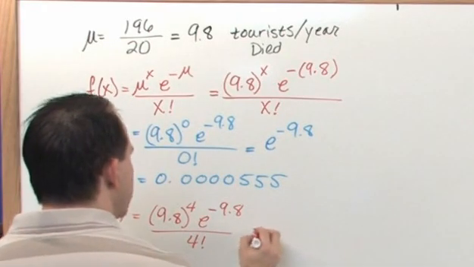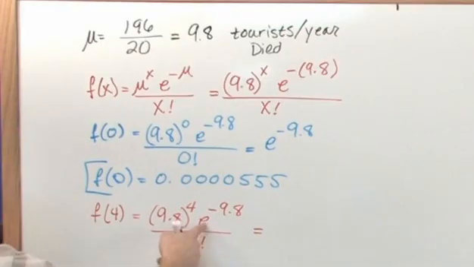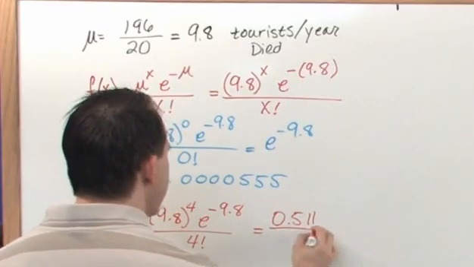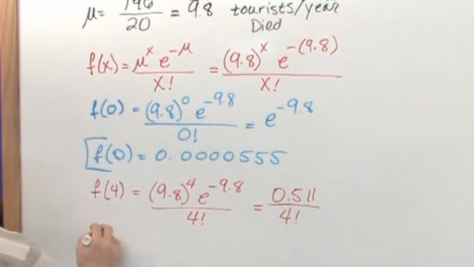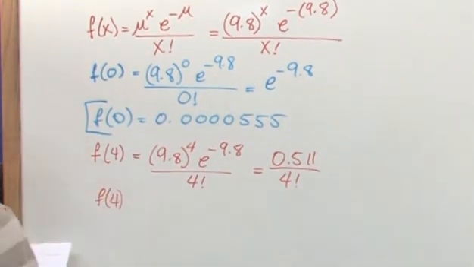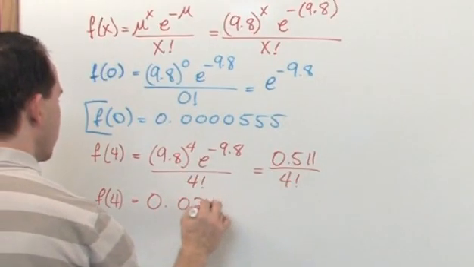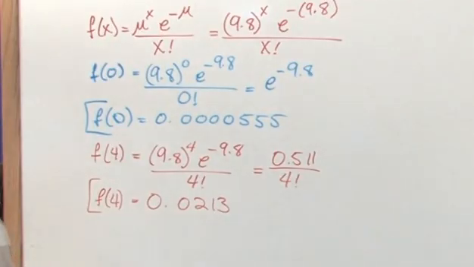And when you put this in your calculator, 9.8 to the 4th times e, which is, by the way, 2.7 to the negative 9.8, multiply that together on the top, you get 0.511, and on the bottom, you'll still have your 4 factorial, which you could multiply out. So at the end of the day, the probability of 4 people dying is 0.0213,